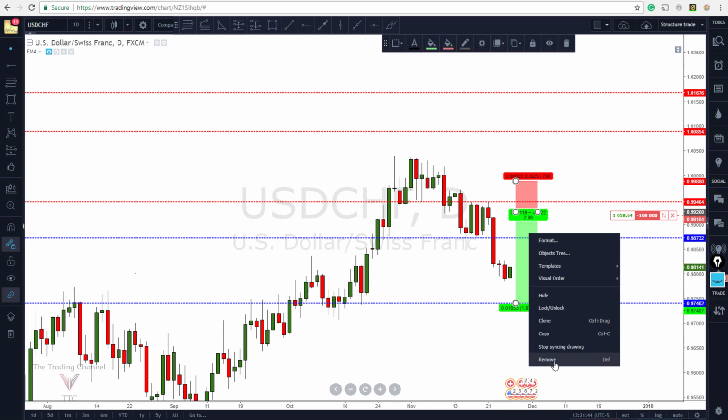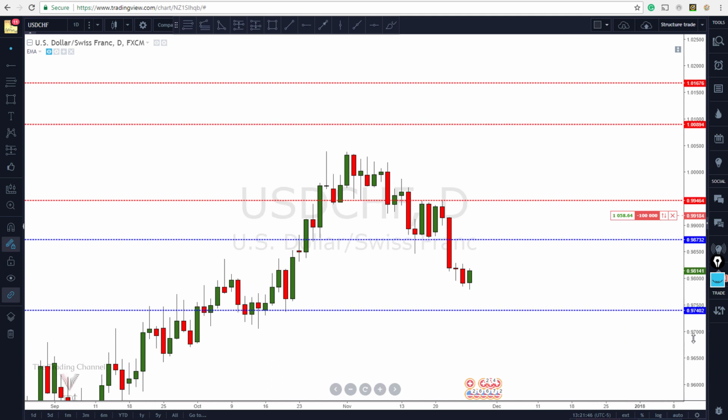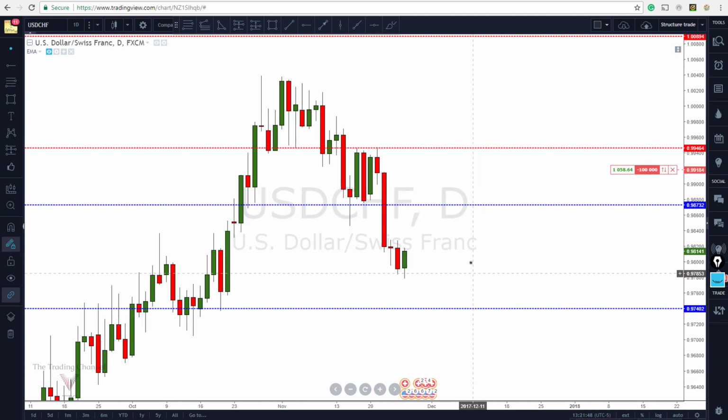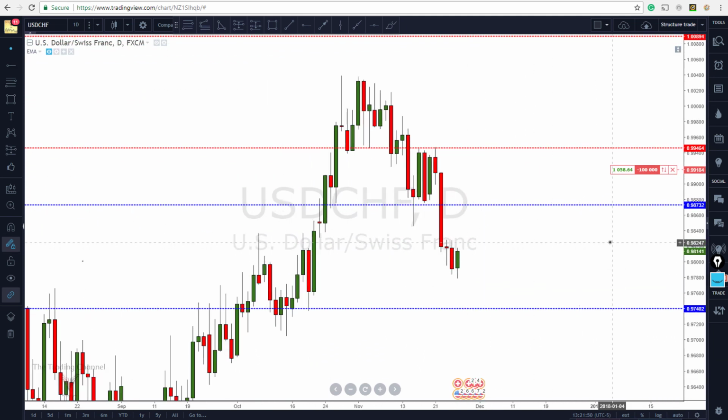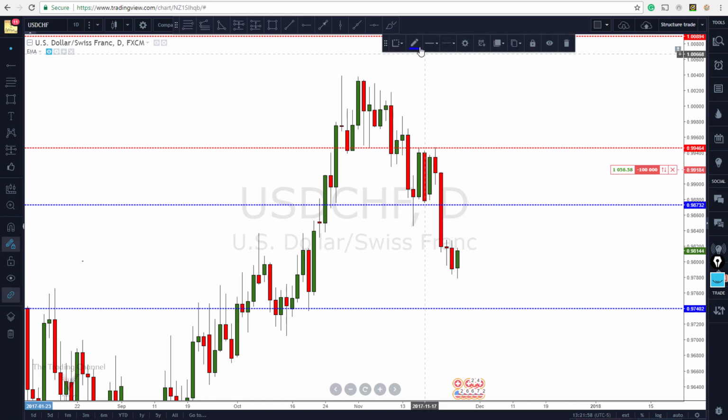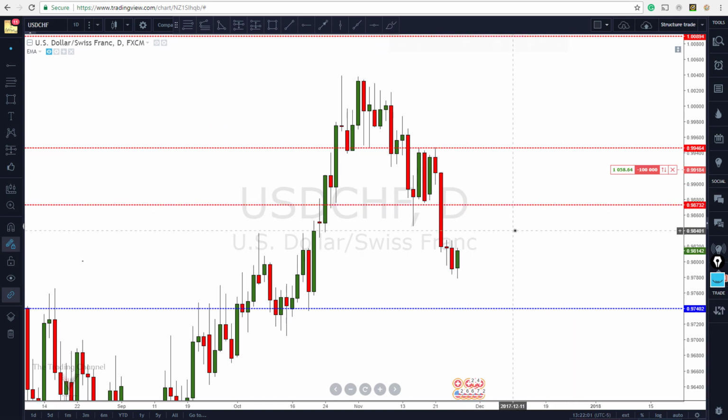Currently sitting a little over 150 pips in profit on the dollar Swiss. And let's take a look at what we're expecting next out of this market. Well, we have now broken below this previous level of support at the 0.9873 zone. Because of that, this level is now going to be acting as resistance,